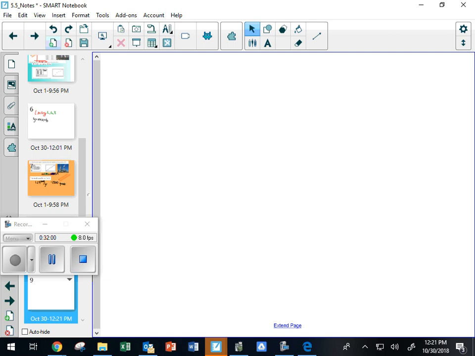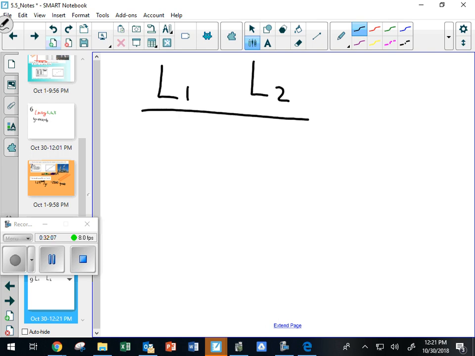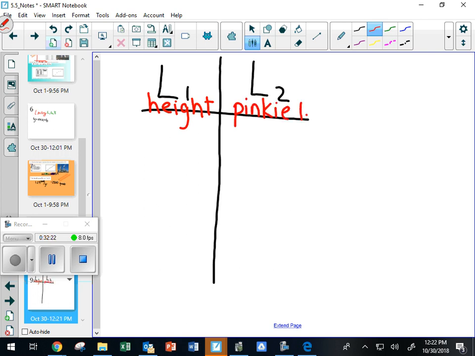But something that might interest you is, what if I created a different set of data points where this L1 here was my height, or somebody's height, and this over here was the length of your pinky. I think I spelled pinky wrong. It's okay, you don't have to be good spellers here. So, if we have height and pinky length,